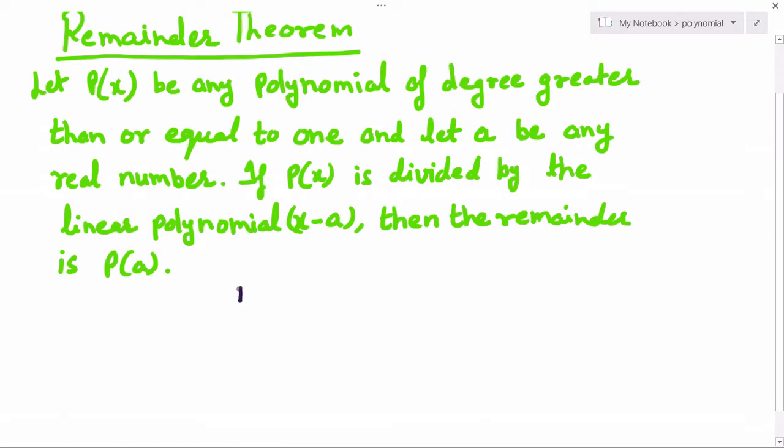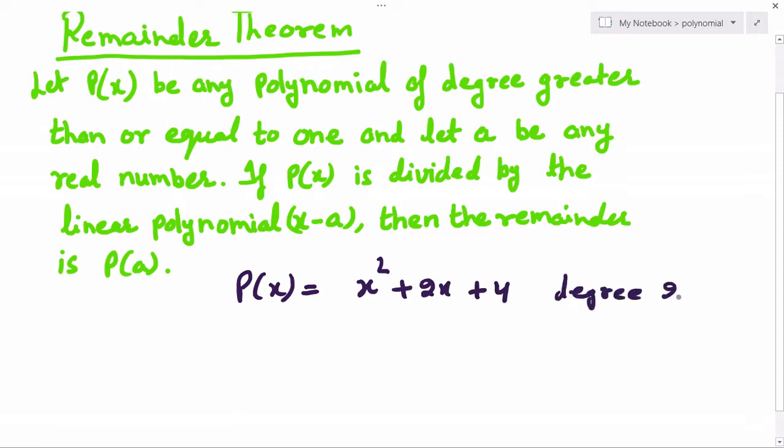This theorem is saying P(x) is a polynomial of degree greater than or equal to 1. Let us take this polynomial x square plus 2x plus 4. The degree of this polynomial is 2. According to this theorem, the degree should be greater than or equal to 1, so here I have taken degree 2. Now suppose I want to divide this polynomial by x plus 1. According to this theorem, the remainder would be